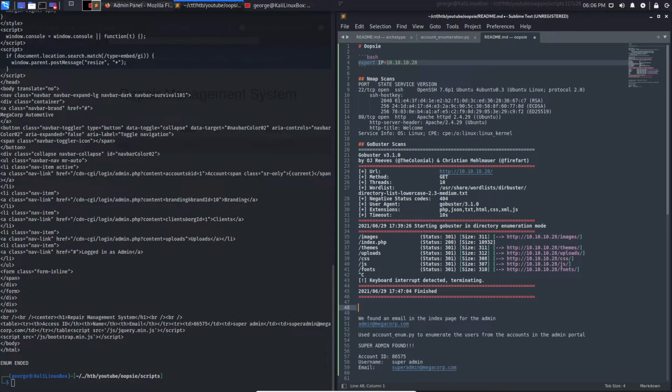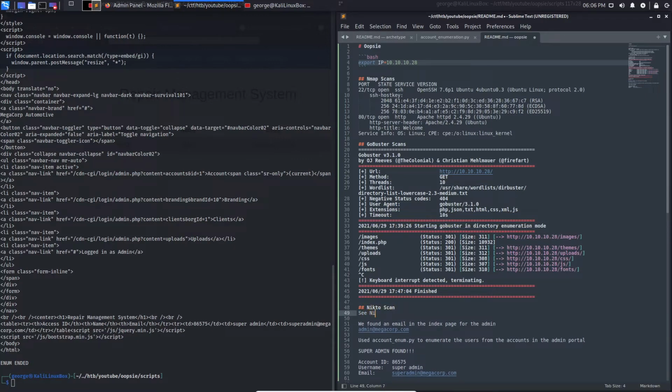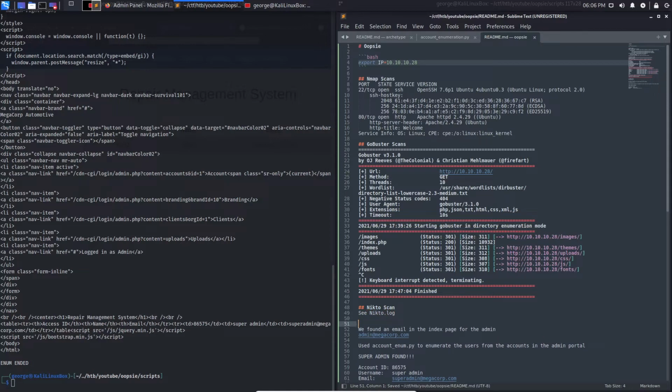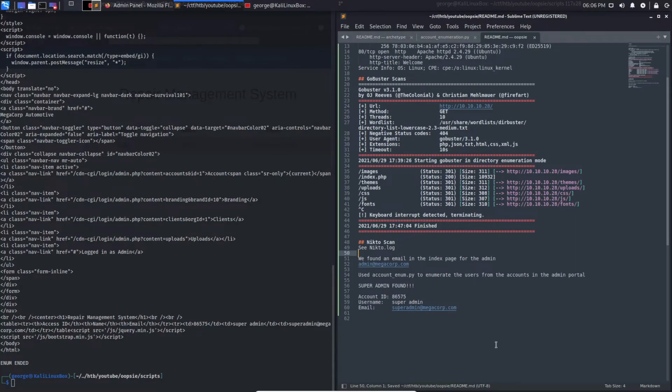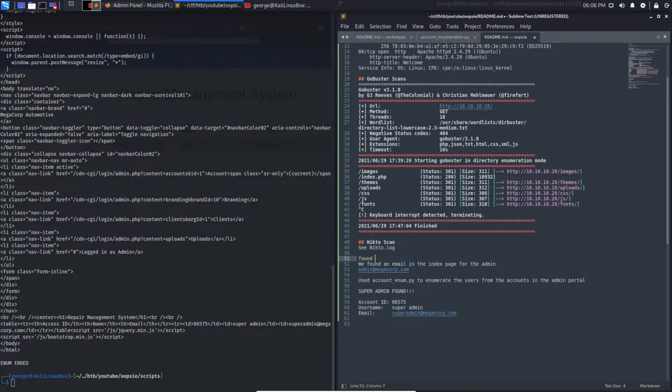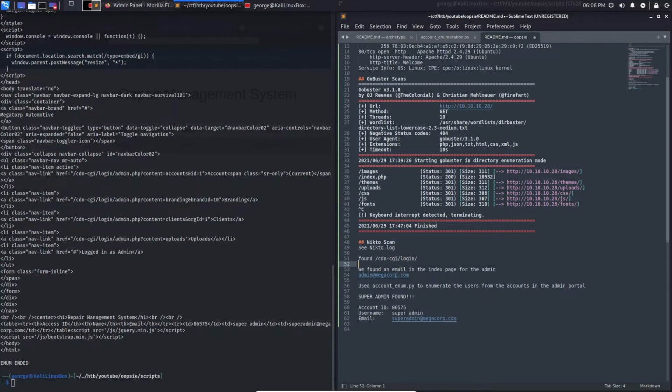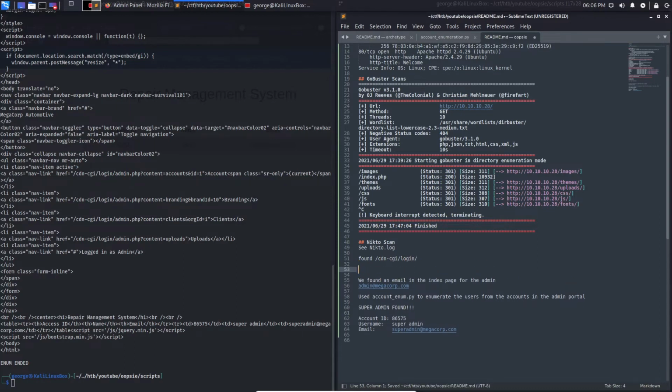Let's also do like nikto scan, nikto log. Okay. Found cdn-cgi login. And